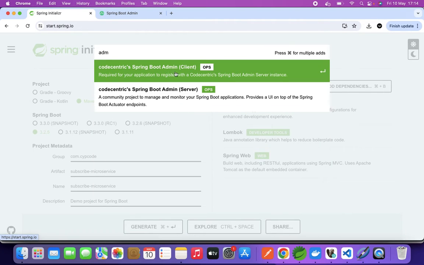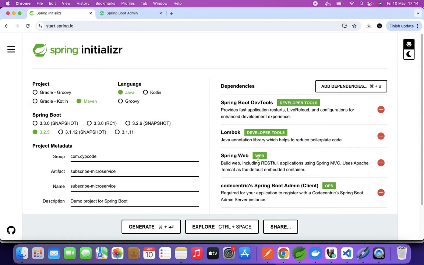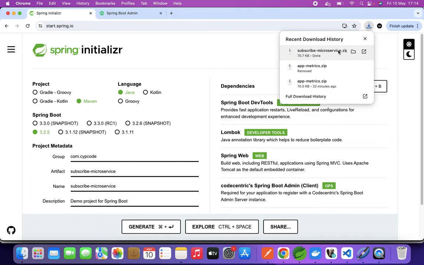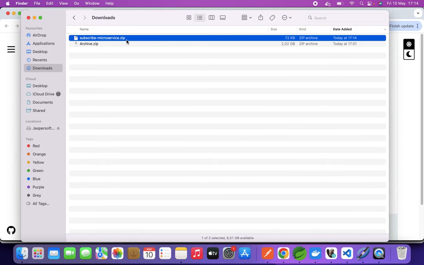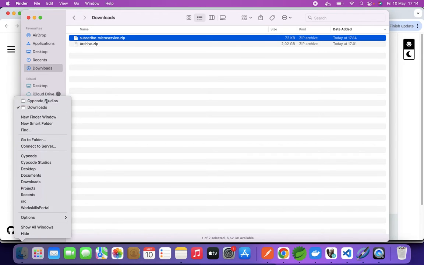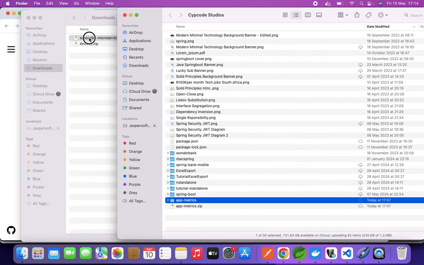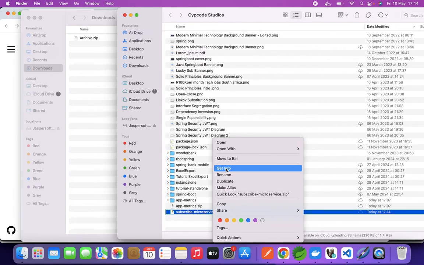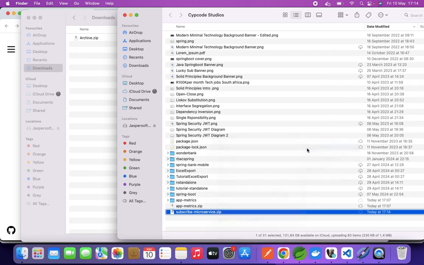Spring admin, and now we are taking the client. So let's take the client. That looks good. So we have DevTools, Lombok, Spring Web and the Spring Boot client. So let's generate this subscribe microservice. That looks good, and we want to go to where this project is, and in the same way you want to open this guy, and we will take this to this folder. Then we are going to unarchive this,